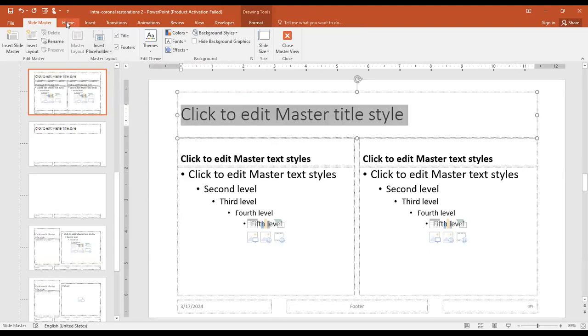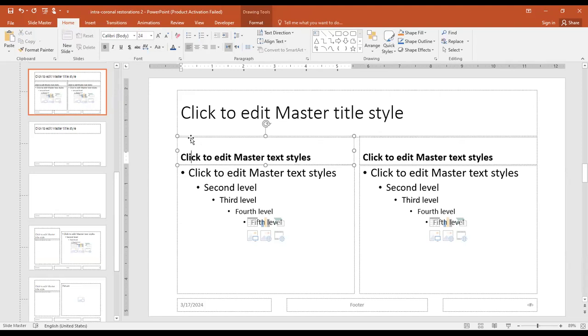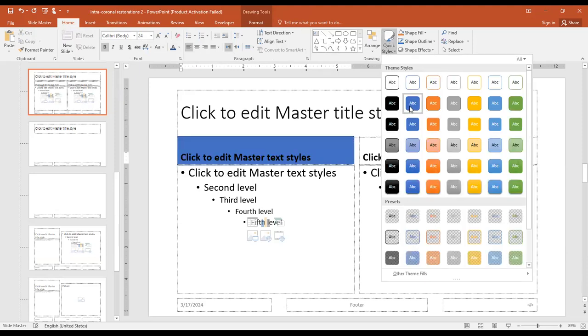Okay, this is the box. If I go back to home, I know from home you can find it. Okay, if I highlight this, where was the bucket with color? Oh, it's not present. There was like a bucket with color. I could change the color of this. Quick styles. Okay, let me change it to this. Okay. What do I do